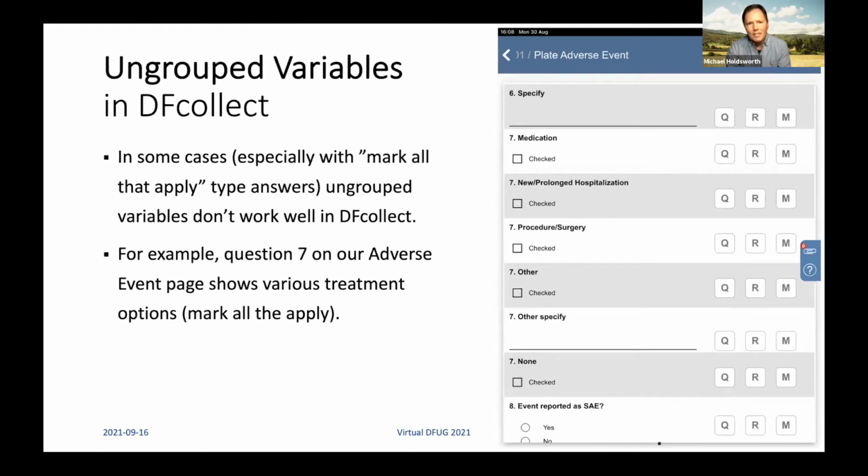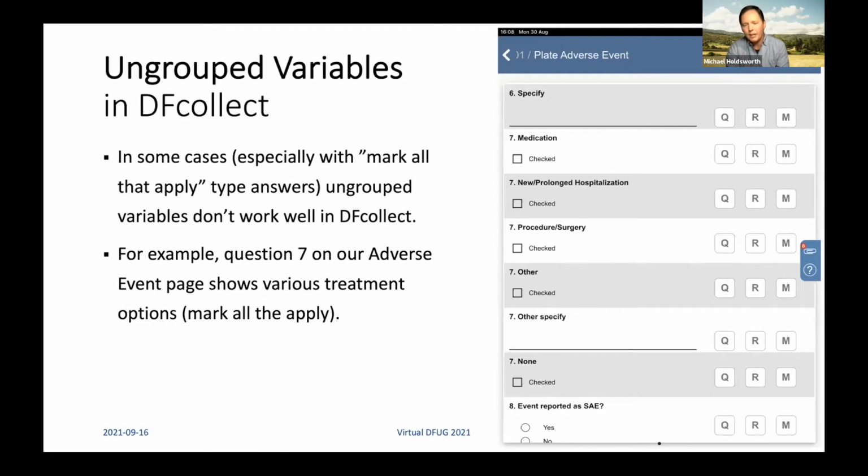In some cases, especially with mark all that apply type answers, ungrouped variables don't work well in DFcollect. For example, if you have a look at the adverse event page here, you can see that number 7 shows different treatment options for an adverse event. And unless you're very familiar with adverse event pages, it's quite confusing to look at this page, the way it